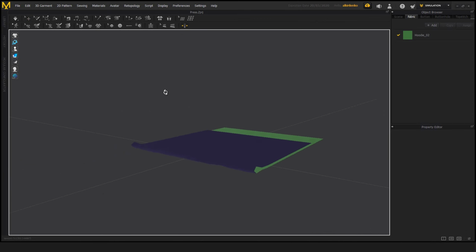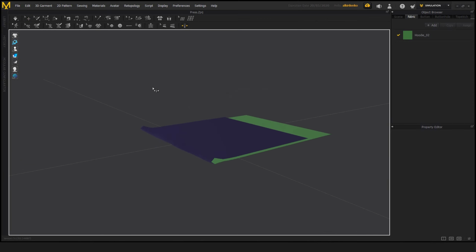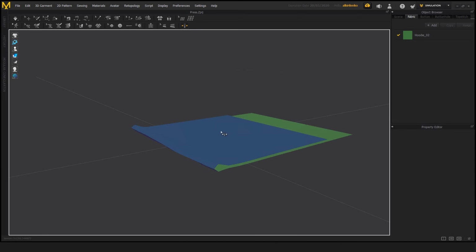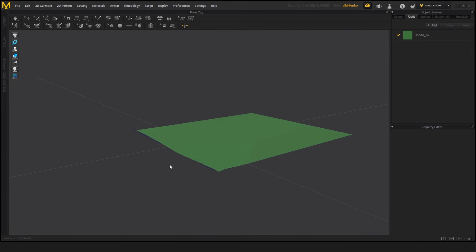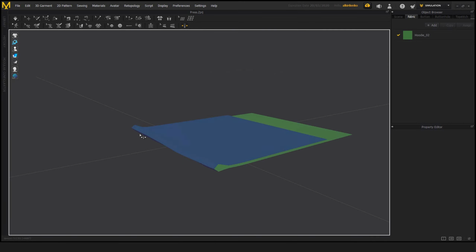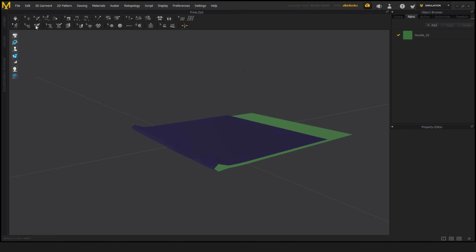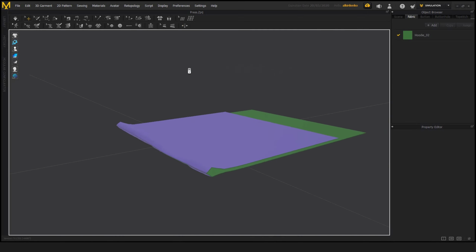If we click here, we should now click one of those garments that we have, and as you can see, once we click, the first one disappears, and then we need to click on the other one. There's going to be a little bit of highlighting of the seam, indicating that this operation is taking place. And then if we simulate,